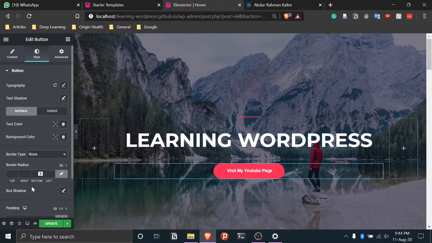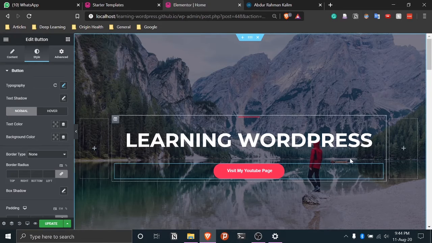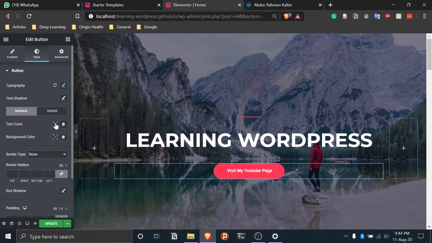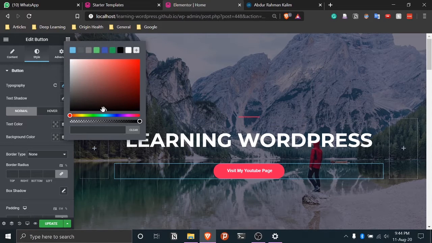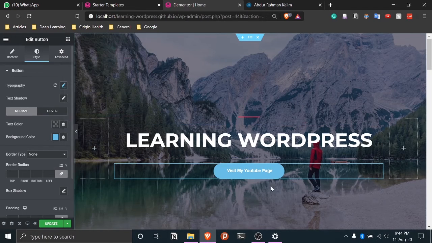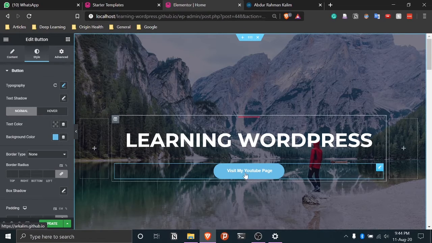So we'll leave this typography now. We'll move to some other thing. So here you can see there are two options, normal and hover. Normal basically means how this button appears when a user looks at it without hovering the mouse. So here there's nothing because it's default. If instead we want to change the background color of the button, we can click here and change it to something of our choice. Let's say we want blue, so we can select this blue. Okay, now if I go on here, you can see this is blue.